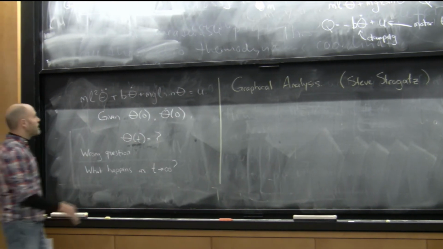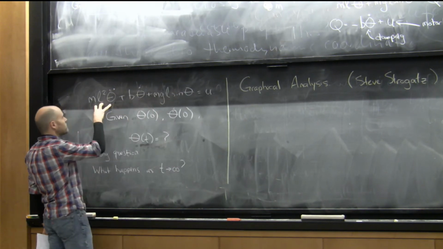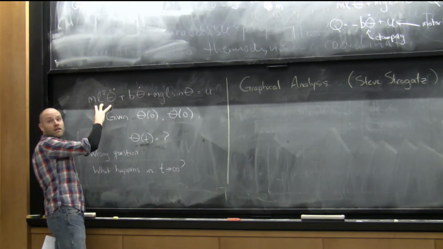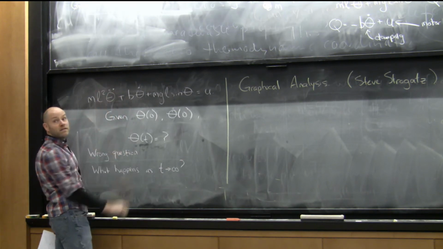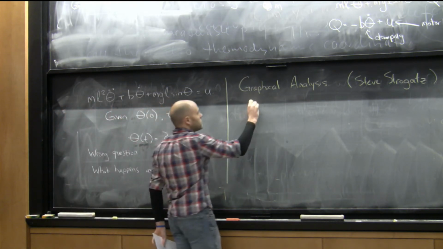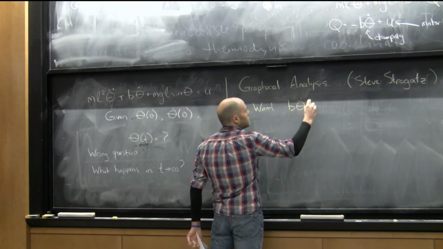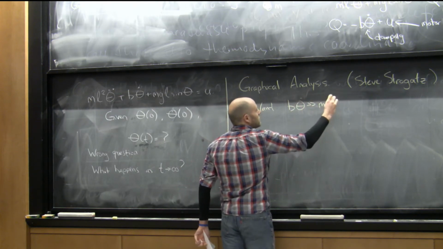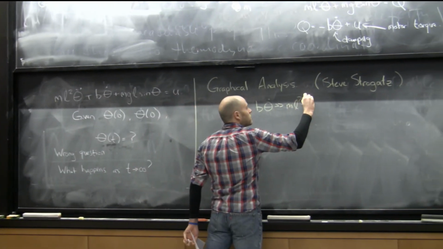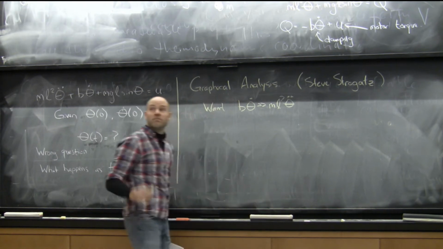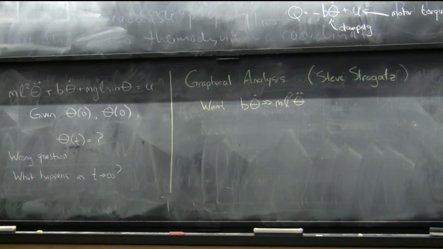So what does that mean for a pendulum? That means I want my velocity-related terms to be much bigger than my inertial terms. If that's the case, then I can kind of ignore this for now and then bring it back later. So, we want the terms b theta dot to be much, much bigger than the inertial terms, the ml squared terms. If my dots are not big enough for the back row, someone just shout. Okay, but